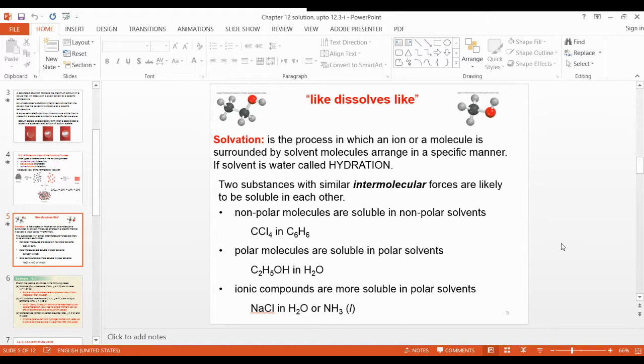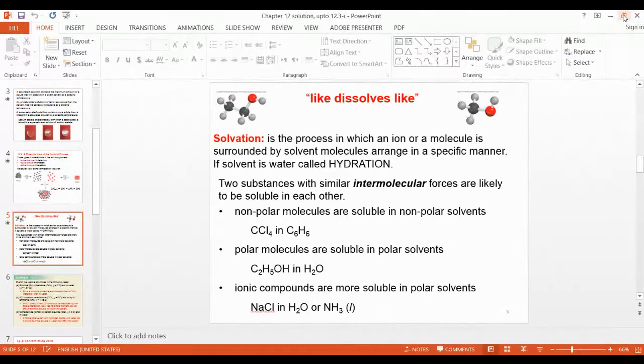So a polar molecule is a molecule which has a positive dipole moment, and the non-polar molecule doesn't have any positive and negative charge, that is less than 1 dipole. So the molecule which has a dipole moment greater than 1 is polar. The molecule which has a dipole moment less than 1 is non-polar.